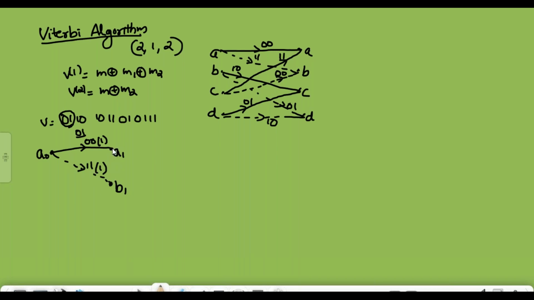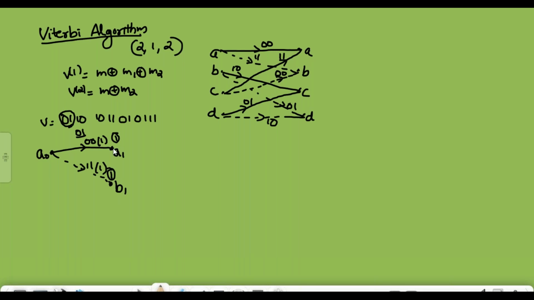Next, we have to write the total path metric up to this node. It is written along that node in a circle. Here only one branch starts from the first stage A0, so we can write here it is 1, written in a circle, and here also it is 1, written in a circle at that node. Then next, the present state is A1 or B1. Therefore, the next state can be